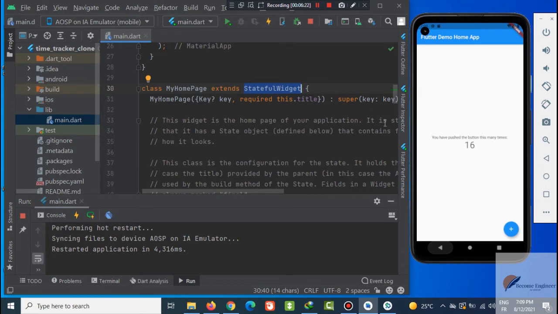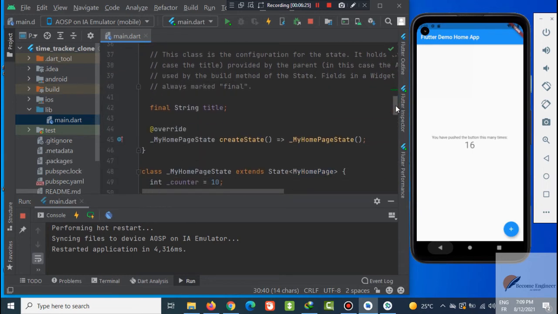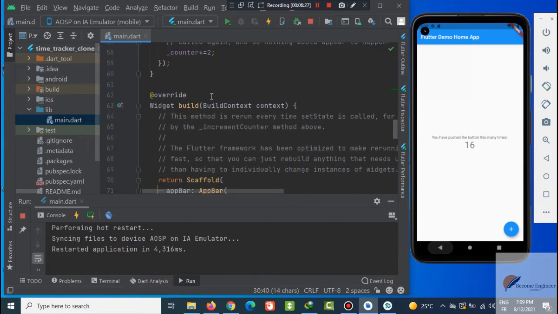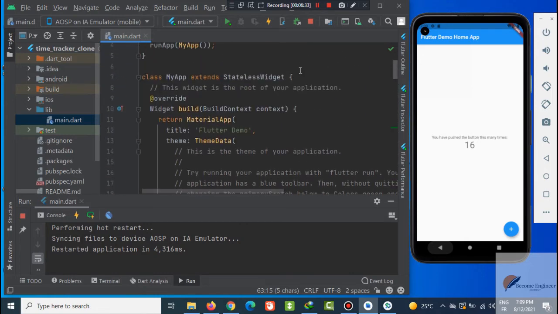Both have some properties that are passed in. Here for the stateful widget is the build method, and also in the stateless widget we have a build method. But the difference is that in the stateless widget, these properties are all immutable, which means that they can never change their state.